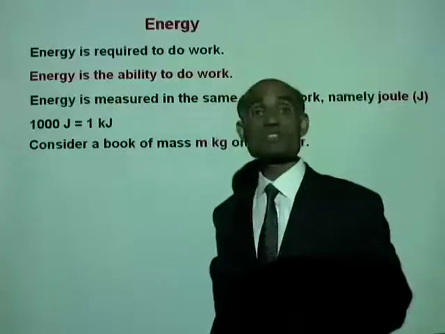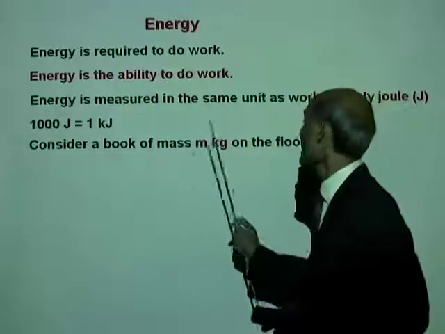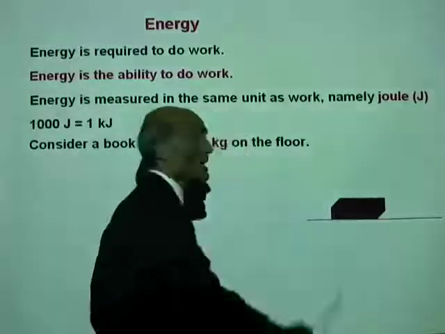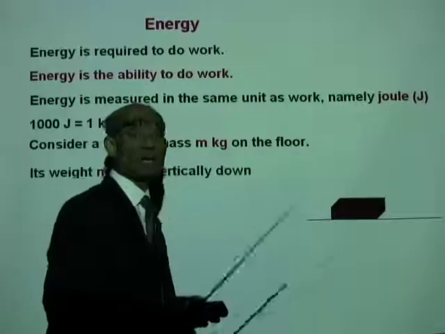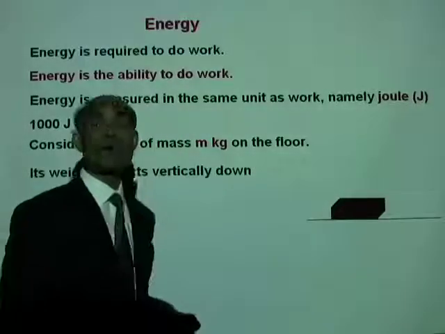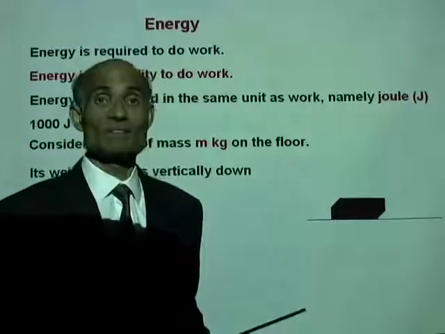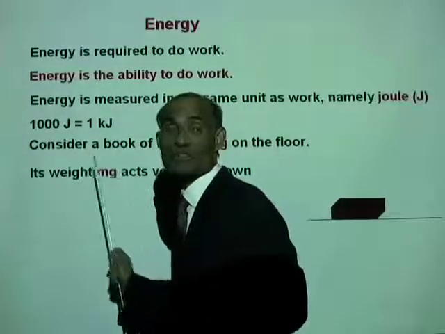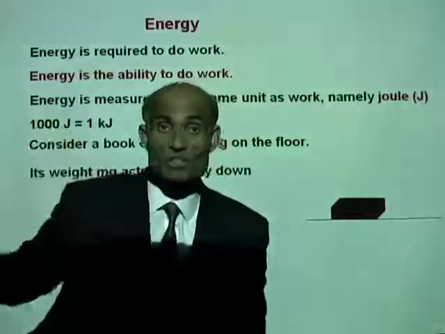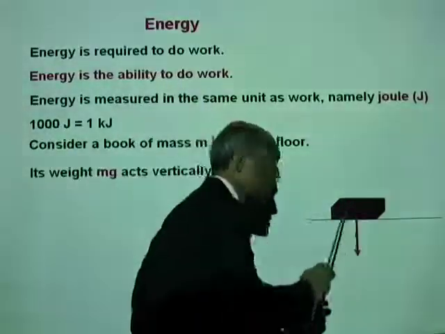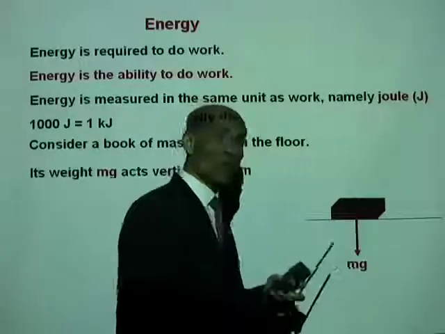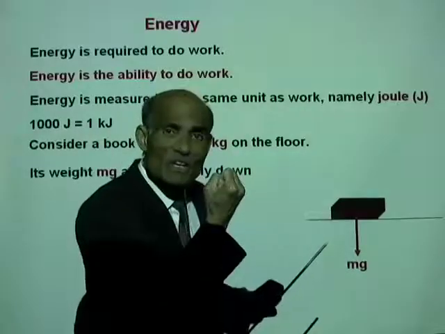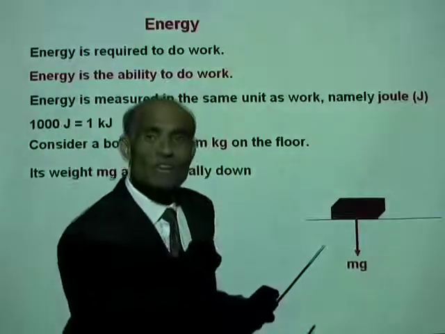Okay, let's consider a book of mass m kilogram on the floor. Now this is the floor level. We have a book of mass m kilogram. Tell me, what is the weight of this book? The weight of the book is mg Newton. And what is the direction in which that weight is acting? It is acting vertically down. So when the book is on the floor or on the table, the earth is pulling it with a force